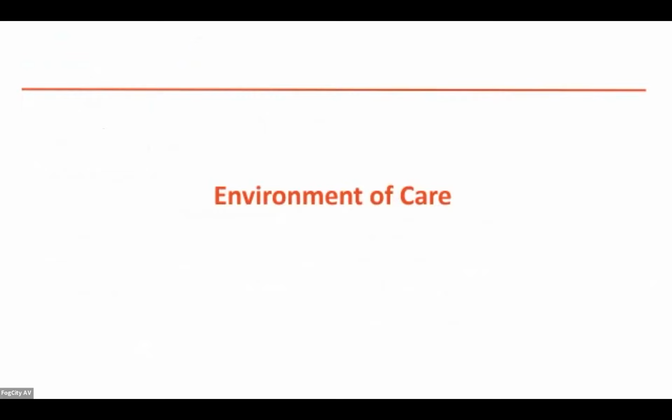So go on to environment of care. That's the chapter that's really looking at the physical environment that care is provided in and the equipment with which you provide that care. Because I work with, we've changed our name. We're not the Department of Engineering anymore. We're the physical environment team. There are a lot of standards that apply to the physical environment and the equipment. So imaging is really just a very small part of that. Next slide.